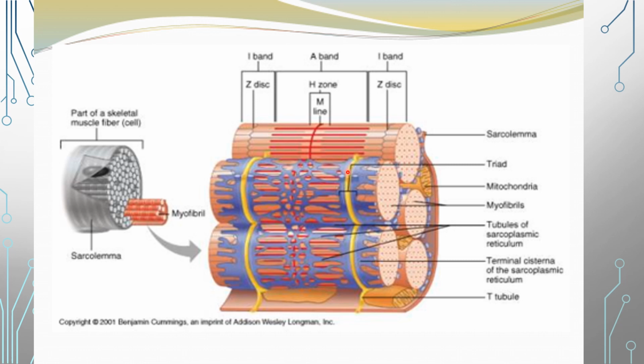So in the longitudinal section, you can see here that these T tubules, along with these terminal cisterns, form a triad. Now this triad is responsible for the depolarization of the sarcolemma in a T tubule to affect the sarcoplasmic reticulum, and it triggers the release of the calcium ions into the cytoplasm along the thick and the thin filaments, which initiates the contraction of the sarcomere.